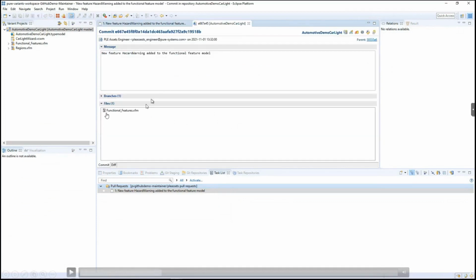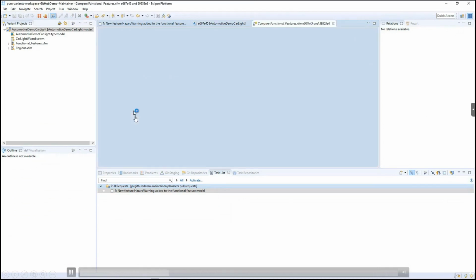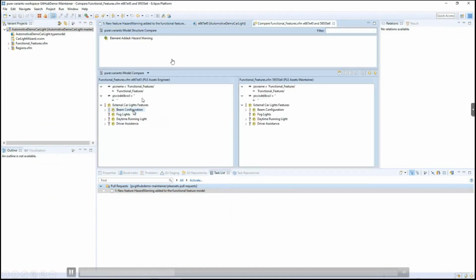You can see the file containing the changes. That is the functional feature model. It is also listed here. If I double click this one, I will be navigated to this compare view. On the top, you can see the differences between the two feature models. The difference is that we have already added a new feature, has a warning, to the feature model in the